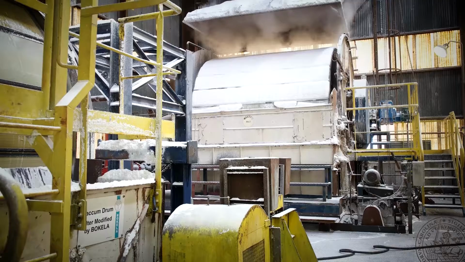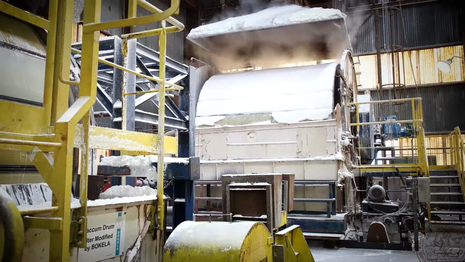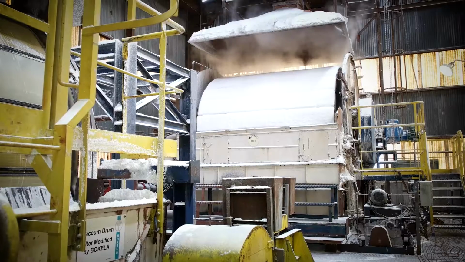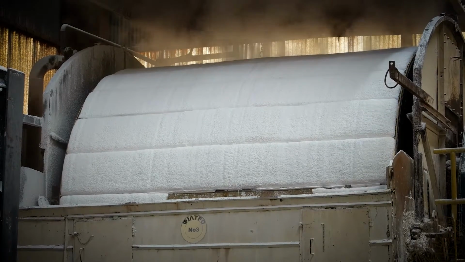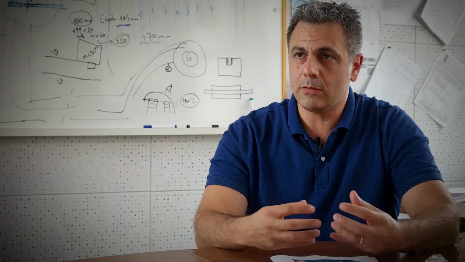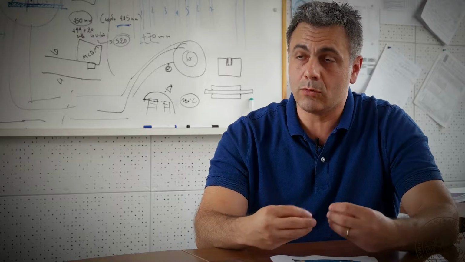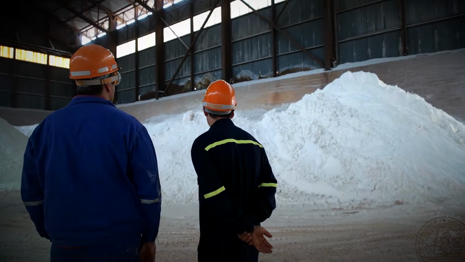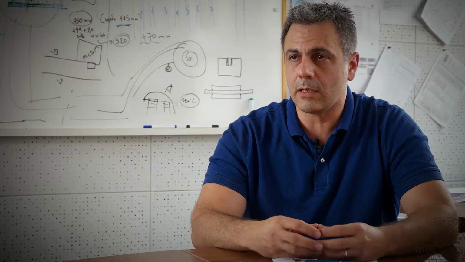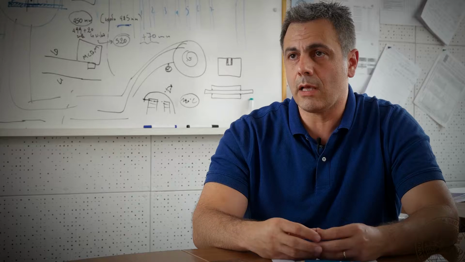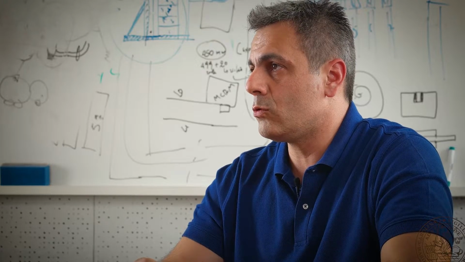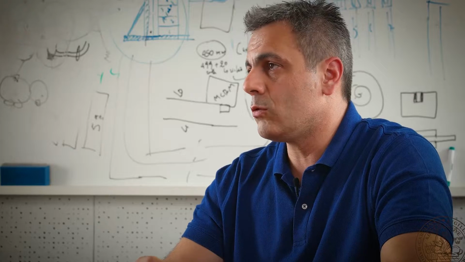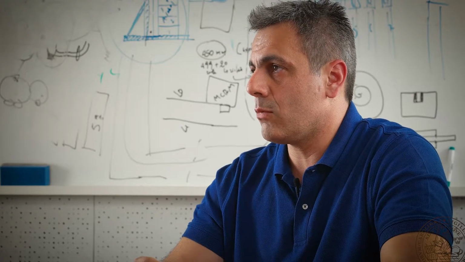After the precipitation unit, we separate alumina from liquid. The liquid is caustic soda, and it is recycled back to the digestion unit. And alumina, hydrated alumina, is filtered, and it is a product that we can wash. After we wash it very well with water to be sure that there is no soda left, we can have it as a semi-product. But we can also feed our calciners in order to produce calcined alumina, which is mostly used for metallurgical production of aluminum.